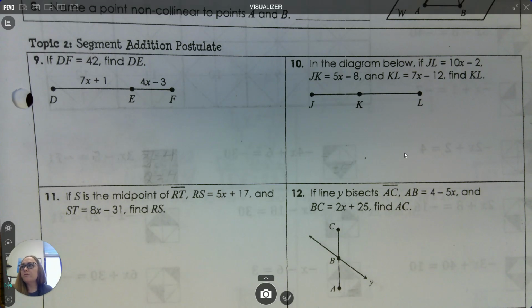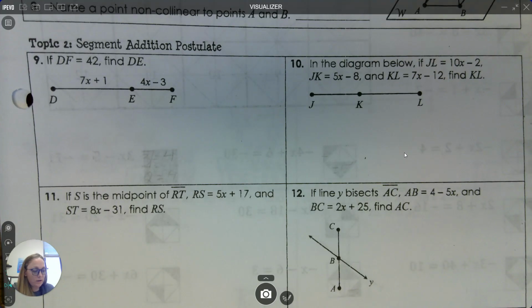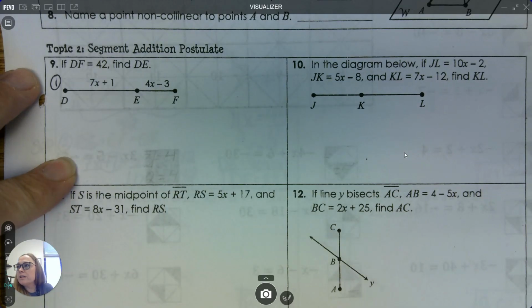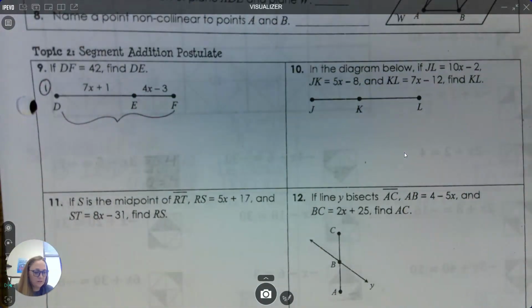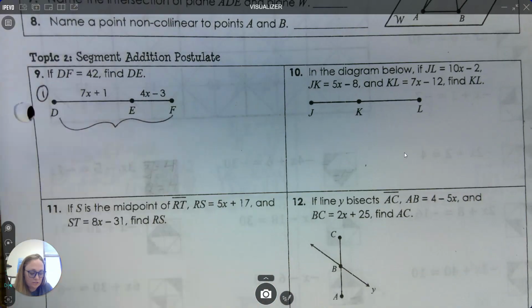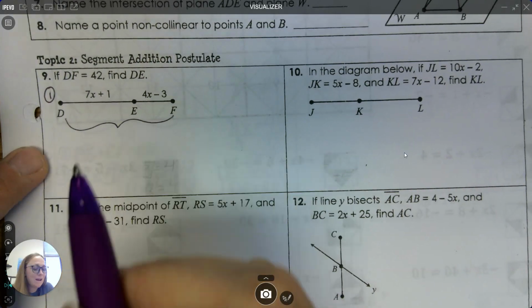Alright, today we are going to review segment addition postulate and midpoint. So our first step in solving a geometry problem is to make sure our diagram is completely labeled and filled out. So remember, this is segment addition postulate, so we're looking for two segments, two pieces that we can add together